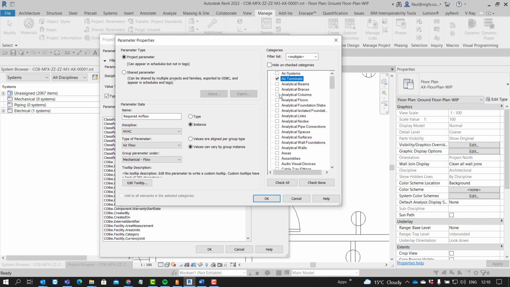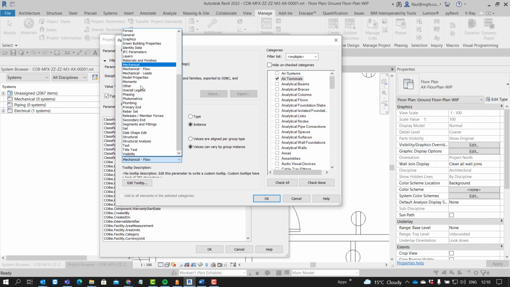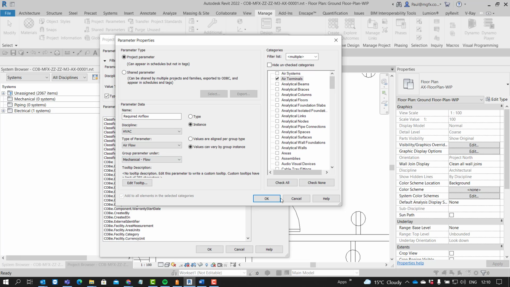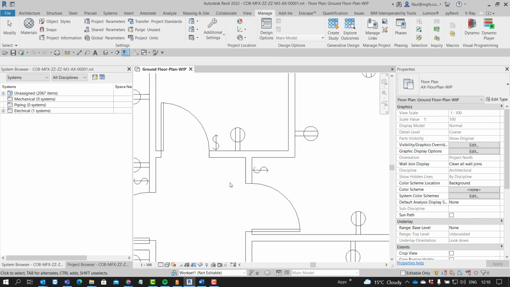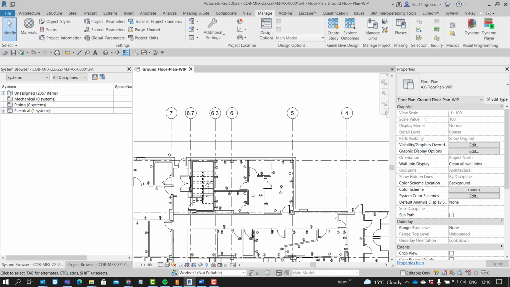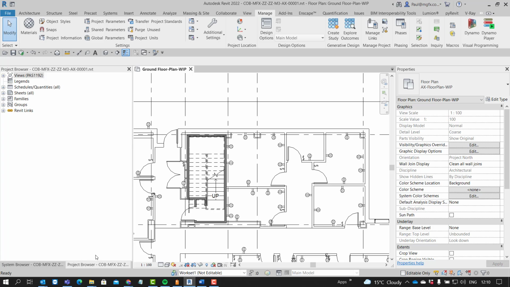There's our air terminals, and if we have an air terminal now, we'll find that the required airflow will be listed under, and then we can choose where we want to list it under. So mechanical flow would make sense. We say OK, we add that to the project, and then we say OK. So whenever we've got an airflow component,